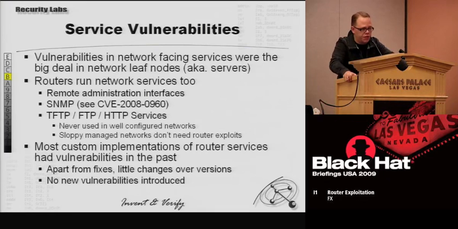You do have SNMP, of course, because that's like how everything is managed. And this is why we all love this SNMP bug from last year so much, because it pretty much affected anyone and everyone. And you have some people are running interesting services on their routers, like TFTP servers, FTP servers,